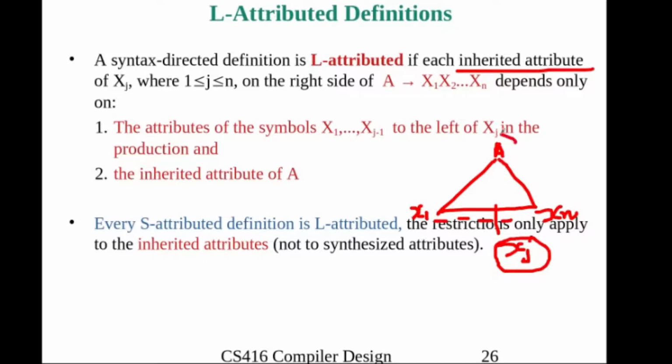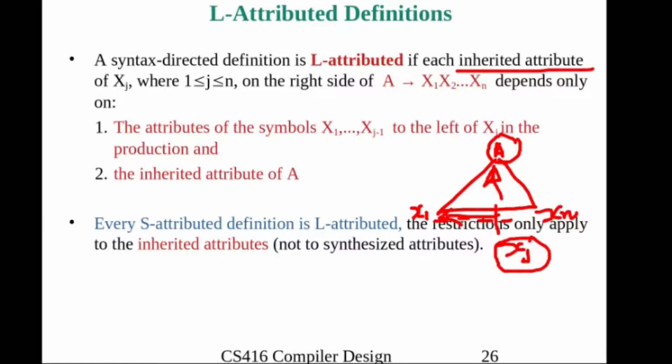So definitely the parent is A. So if Xj depends on the attributes of the left symbols or the parent symbol, by doing the depth first search we can evaluate the inherited attribute of Xj. And in the case of synthesized attributes, there is no restriction. Every S attribute definition is L attributed.